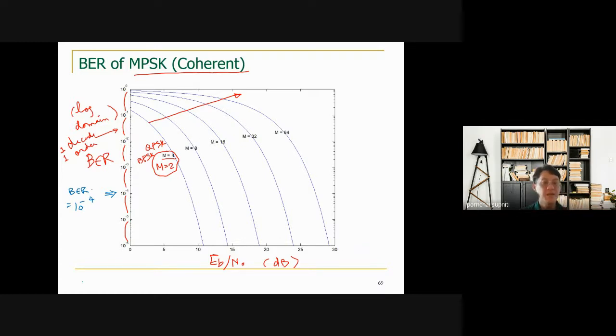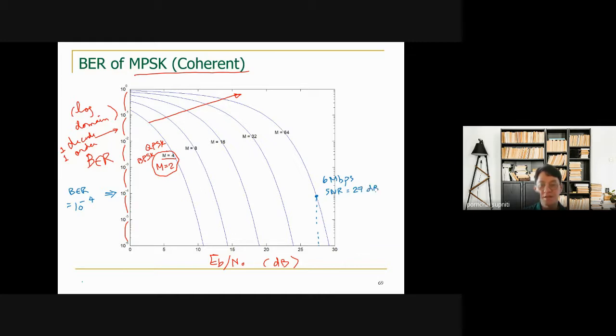Okay, but let's say that we look at 10 negative 4, and at the beginning, let's say you're transmitting at this very nice bit error rate. Let me call it say 6 megabit per second. Maybe because you are so close to the base station, so close to the router, or because the noise level in the system is not too high. So you have this SNR, let's say about